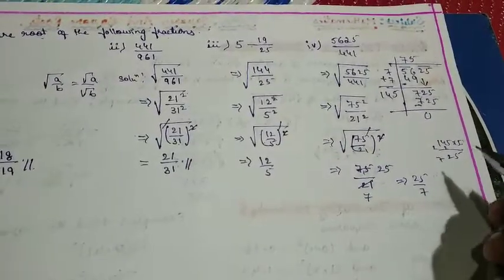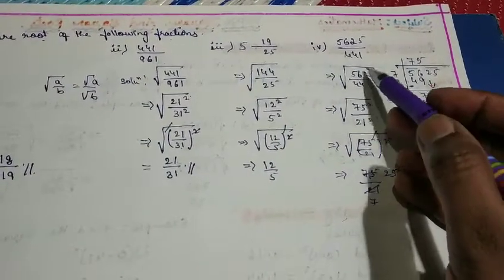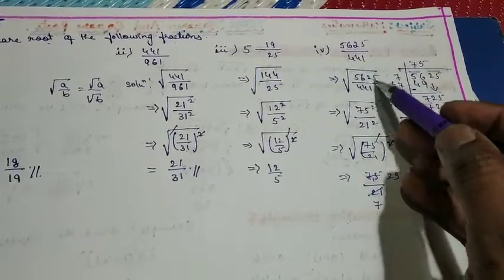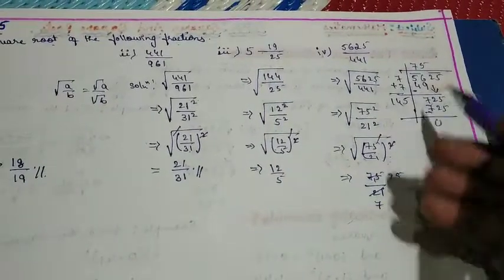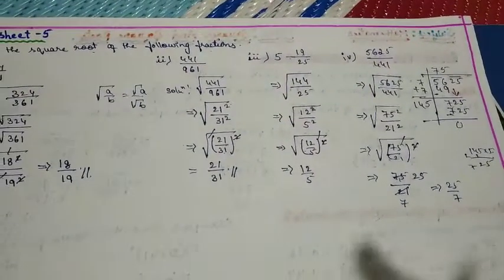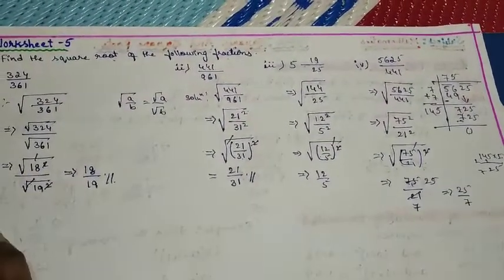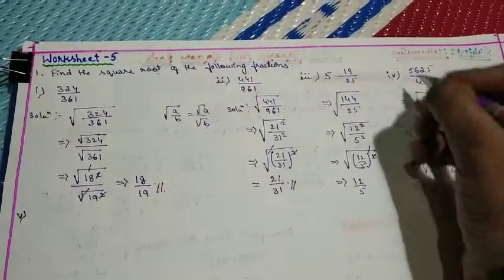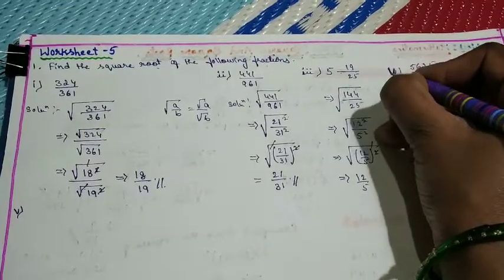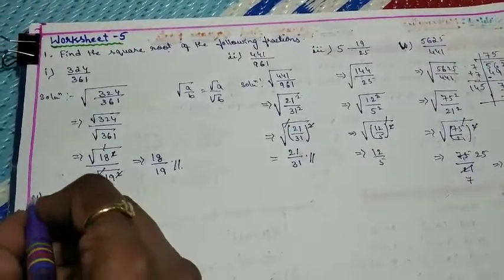You may have the question, Madam, before finding the square numbers of this given number, can I go for the simplest form? You can do it, children. No problem. But the final answer will be 25 by 7 itself. Okay, this is clear. Now let me move to the fifth question. Sorry, children, this is only the fifth question. By mistake I copied. Now let me move to the fourth question, children.